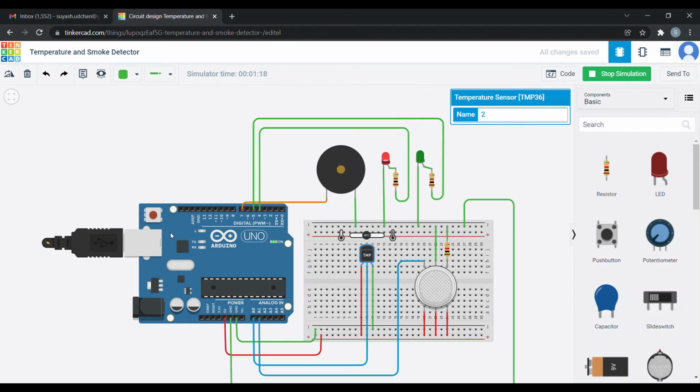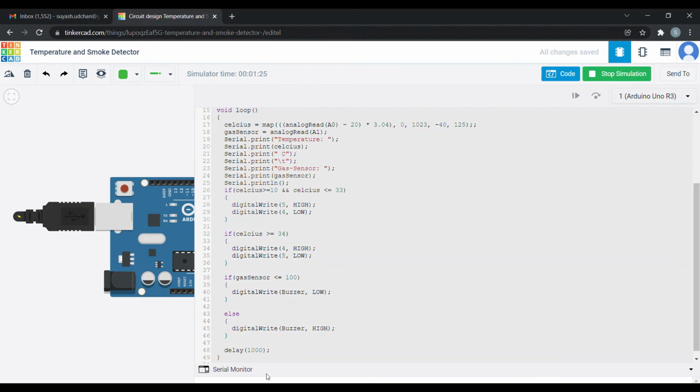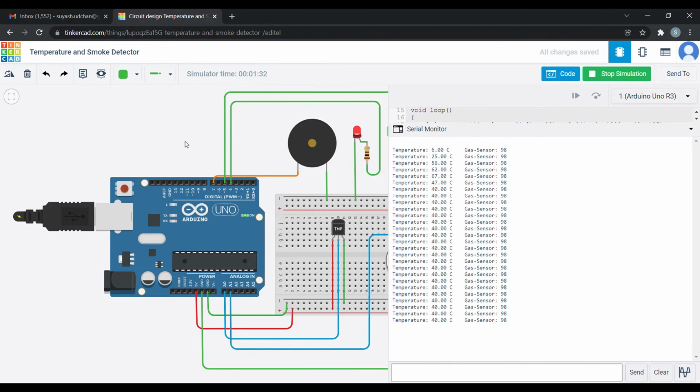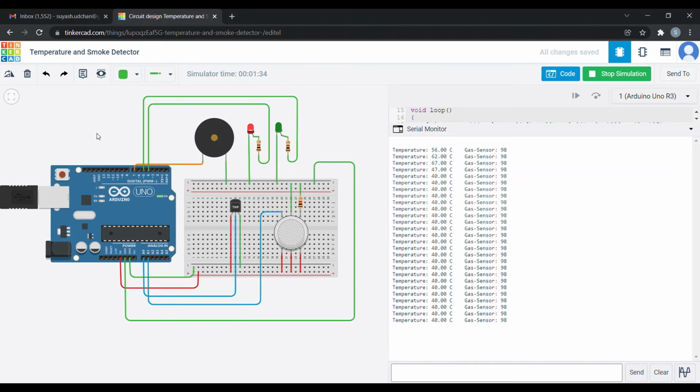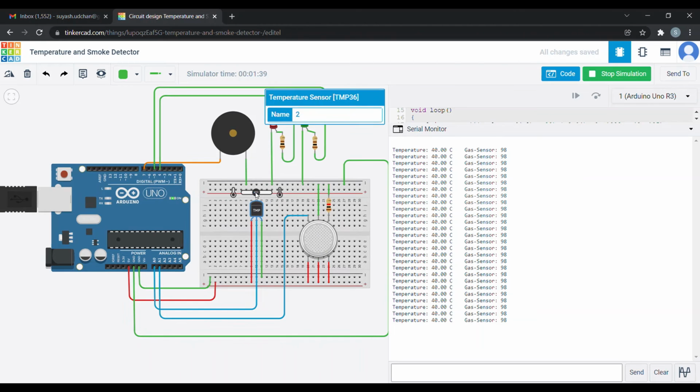Now let's have a look at the serial monitor, on which we are printing the temperature and the gas concentration at every moment. So here you can see the temperature is 40 degrees Celsius now. As I increase the temperature, you can see below, before it was 40, after that it is 59, 68, as we have increased it. We are printing the current temperature and gas sensor value,